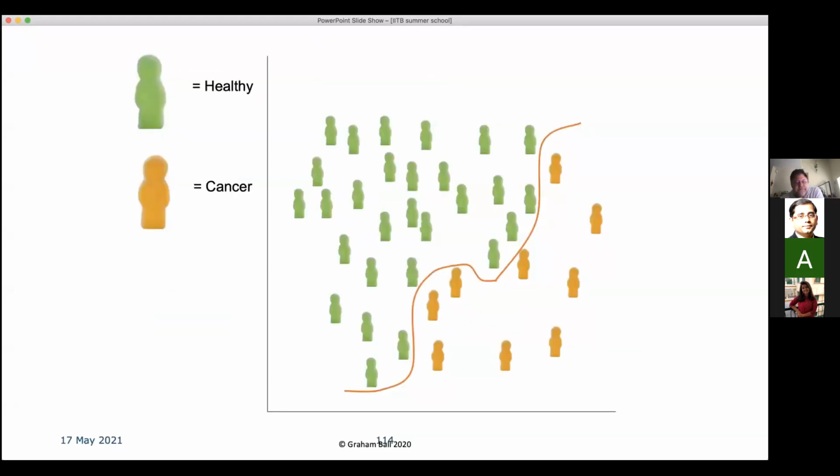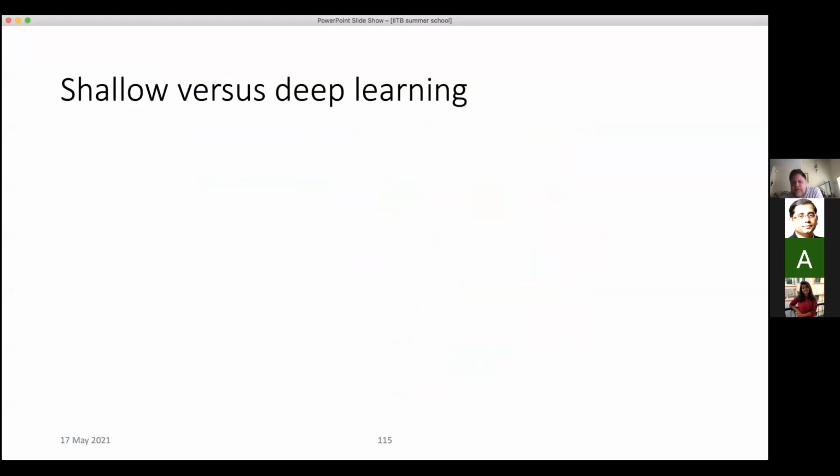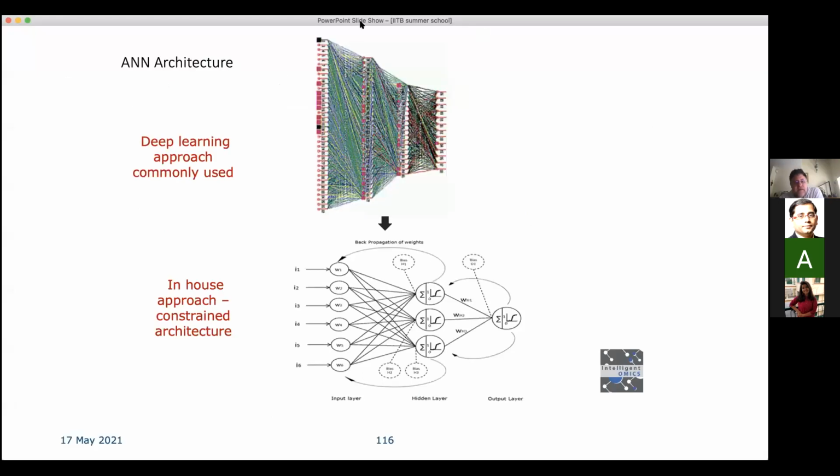So I mentioned a little bit about deep learning, and the Tesla that I showed you uses a form of deep learning. It's a deep neural network because it's dealing with image data. And what's commonly used, this is a deep learning neural network. You can see it's literally got hundreds and hundreds of hidden nodes in multiple layers, and all of that information is passed through, and you can start to find second and third order features from this deep learning.